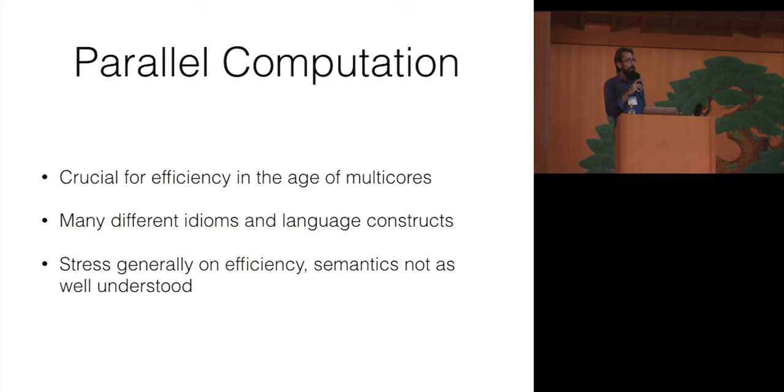but it's not entirely clear always how these computations relate. And this is because in the domain of parallel computation, quite often the stress was placed more on the efficiency, understandably, than on the semantics or on the relation between these various parallelism primitives. So I'd like to walk you very briefly through three quite popular idioms or language constructs that one can use for parallel computation, and then we'll ask some hopefully interesting questions about